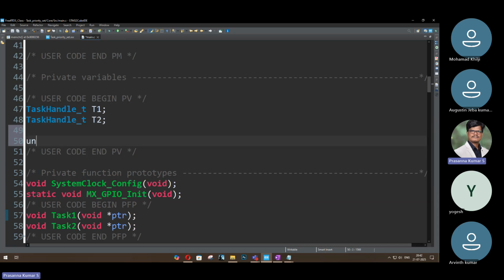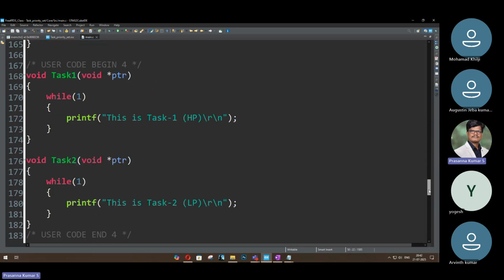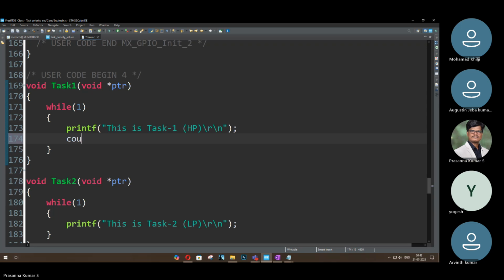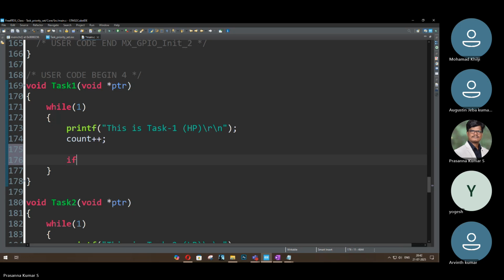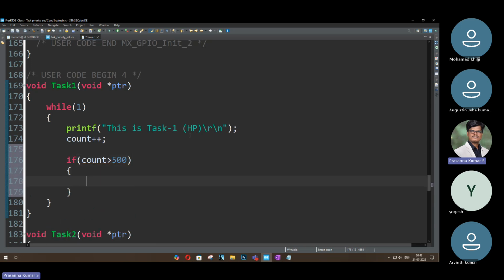I'm just going to create an unsigned int count. I'm just going to make it as a 0. Okay, I'm going to use this count in the program. So here I'm just going to increase my count plus plus. Okay, let's say my count is greater than something like 500. Since I didn't give any vTaskDelay, this will execute fast. Okay, so that's why I'm just giving a